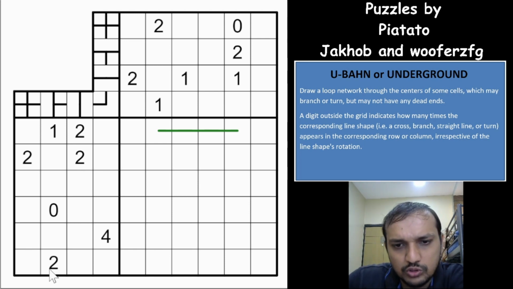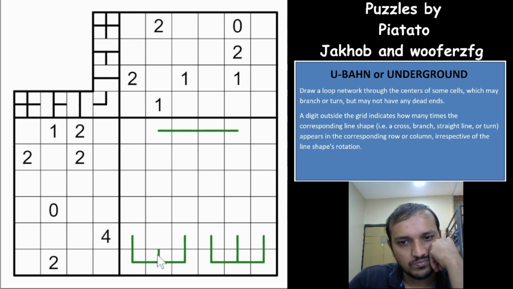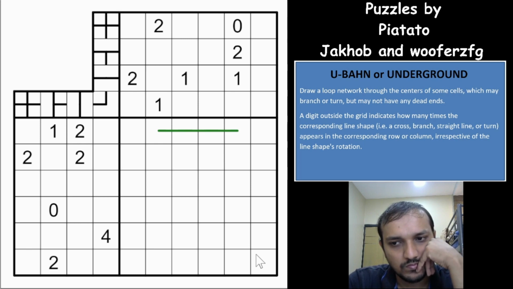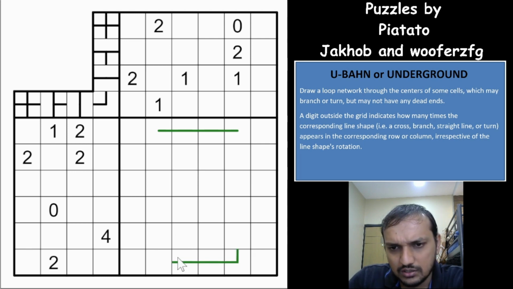Same way I'll have two U-turns in this row as well. So I have two branches and two U-turns. I can still have four U-turns and two branches this way. If I have exactly two branches that are consecutively placed,